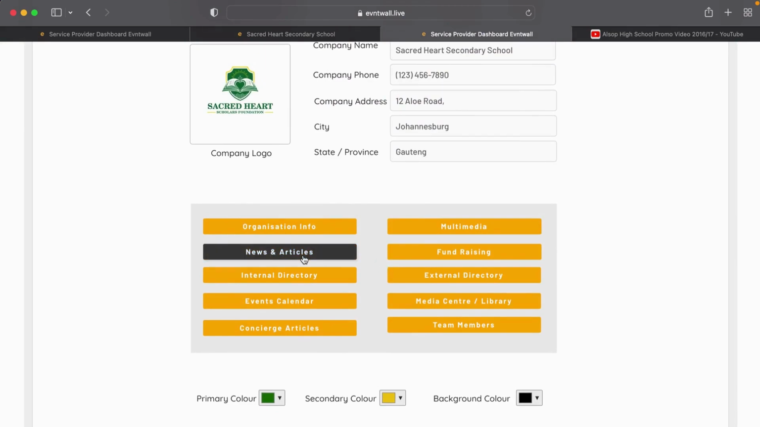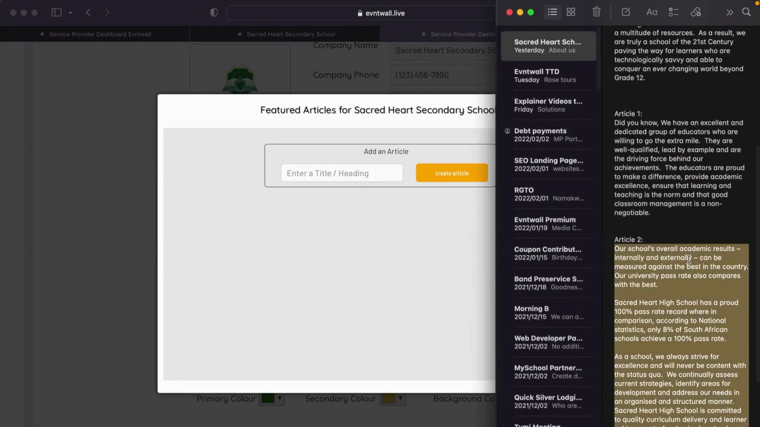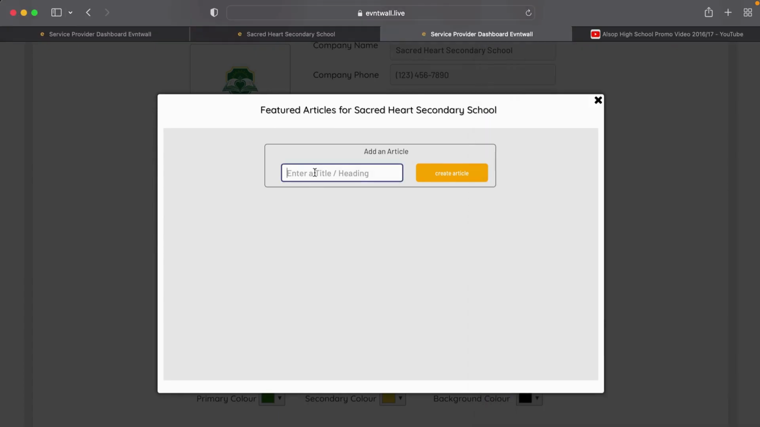We then also have our news and articles section. In our news and articles section is where you can have all kinds of information of interest to parents or students. So for example, I've just created some demo content for a news article talking about the school's academic performance. So all you do is you create a document called academic performance,